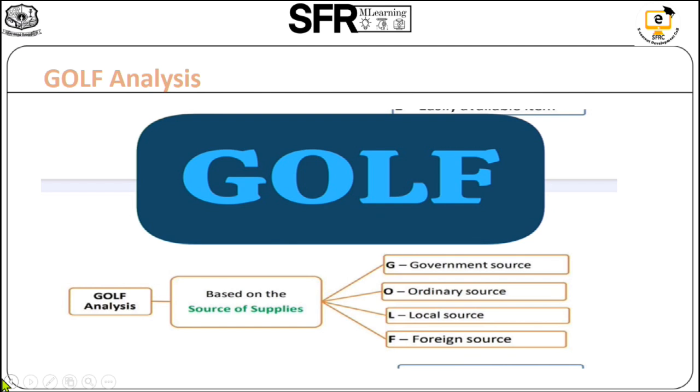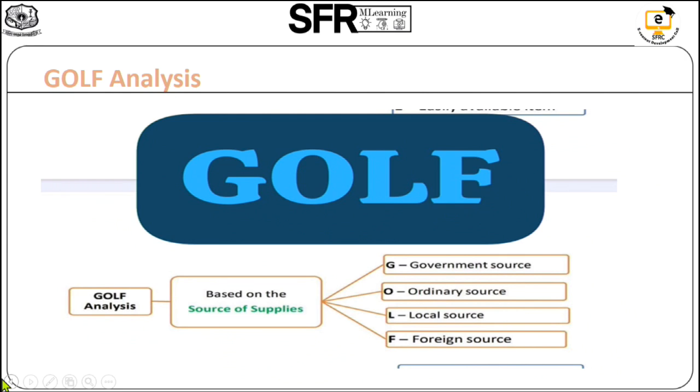and ordinary source is nothing but where the goods can be purchased in the open market easily, where there is no restriction for purchasing this ordinary source of materials. Local source is where it is going to be supplied by the local suppliers. And next you have is the foreign source. Foreign source, as I said earlier, where they are going to import for any packaged items,